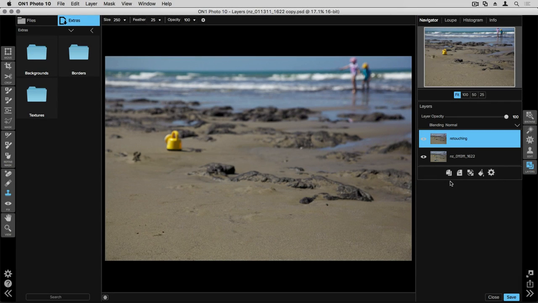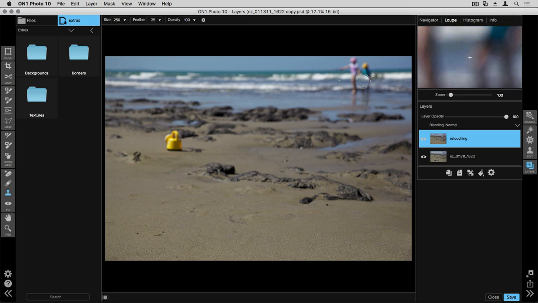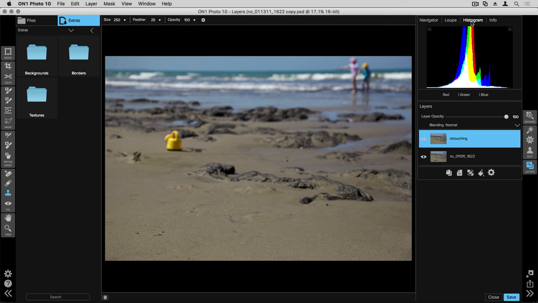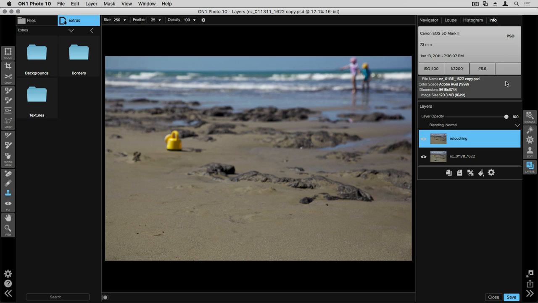Up in the top right-hand corner, you also have things like your Navigator so that you can take a closer look at parts of your image, as well as your loop, which does the same thing. I can click and drag my mouse around my photo and really take a good look at certain parts of my image. For instance, this photo might need a little bit of noise reduction, and by taking a closer look, I have the ability to pay attention to that. You also have access to things like your histogram and your info panel so that you can tell how this image was shot. Perfect Layers is an extremely comprehensive program, and it's a great way to start out with an